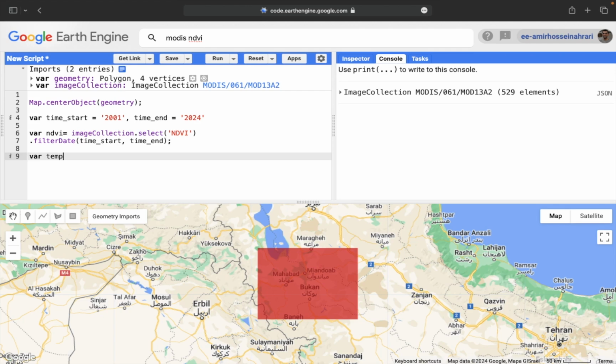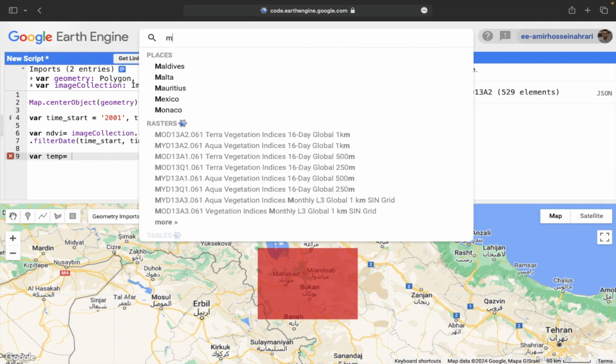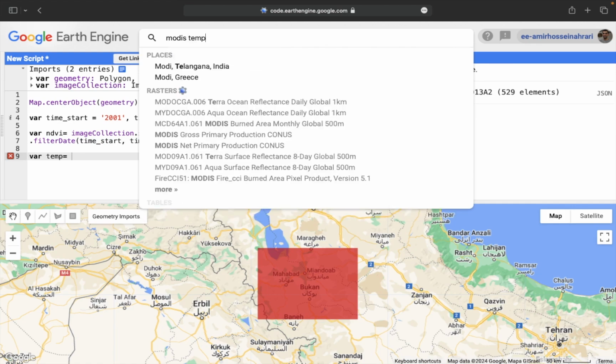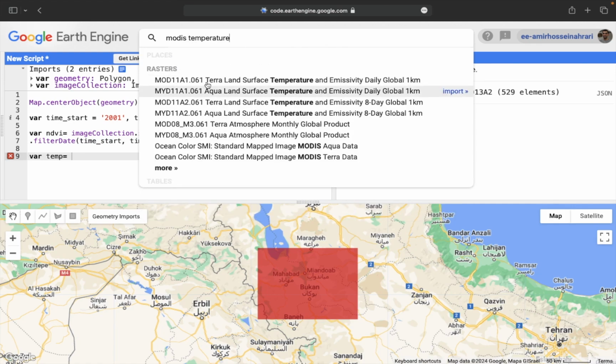I make a new variable, temperature equals to, through the search places and dataset, write MODIS temperature to show different kinds of temperature products that are available. The products are daily and also 8 days products, because due to the multi-temporal analysis that I'm going to do in this tutorial to convert the data from multi-days to monthly formats, it should be better to use